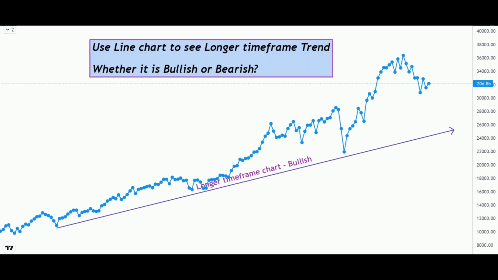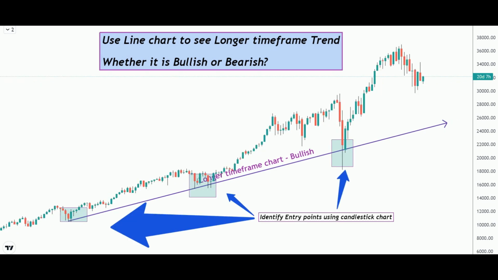You can use the line chart to check the longer time frame trend, whether it is a bullish trend or bearish trend. Once you have identified the longer time frame chart using the line,